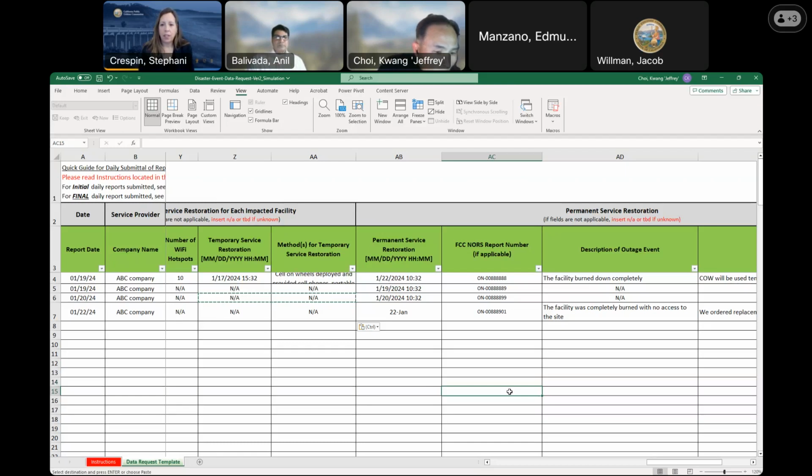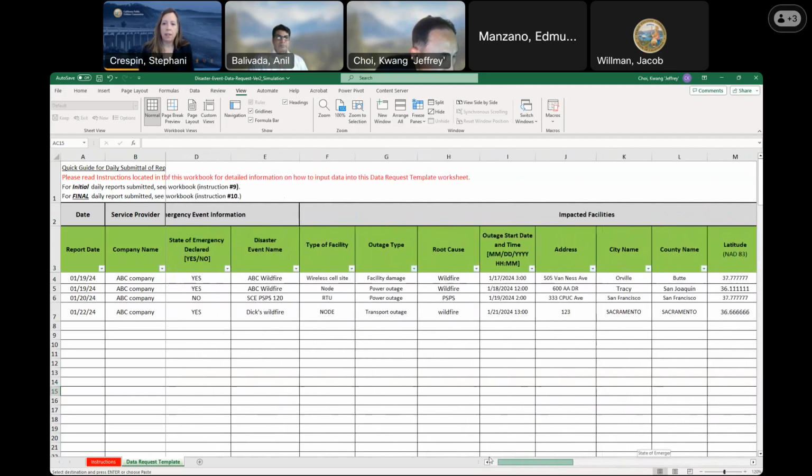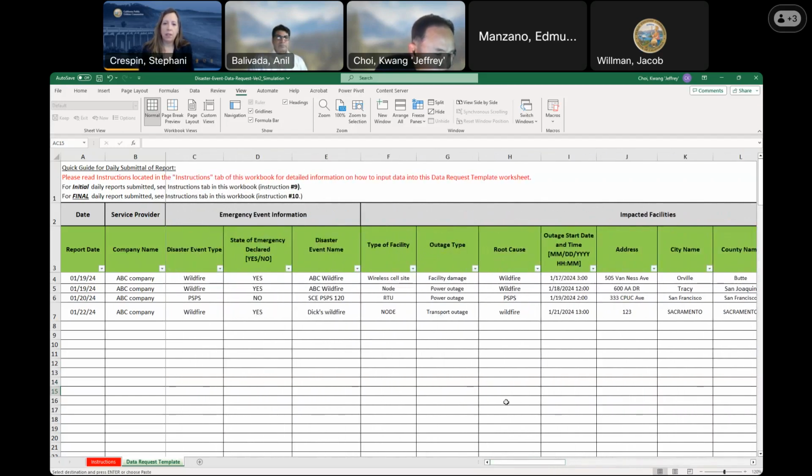Okay, next question. If there are no updates, for example on day 3, do we still need to submit the report or just an email that there are no updates? Yeah, if there's no update, which means there's no new site affected, then maybe you can send without any row.